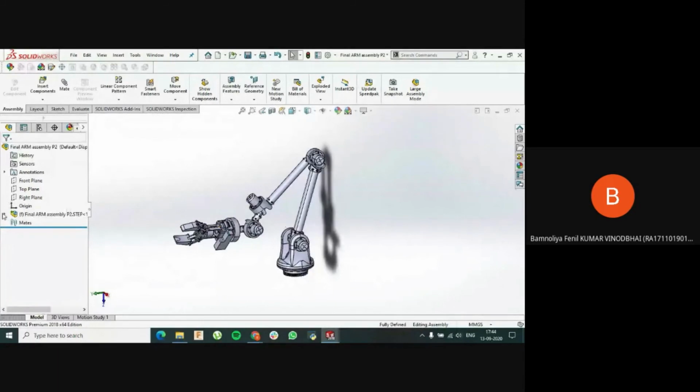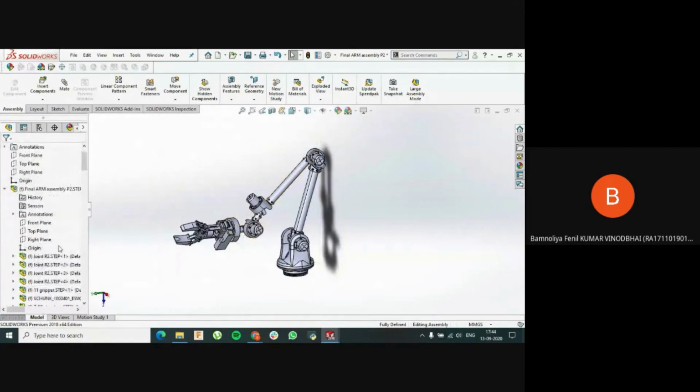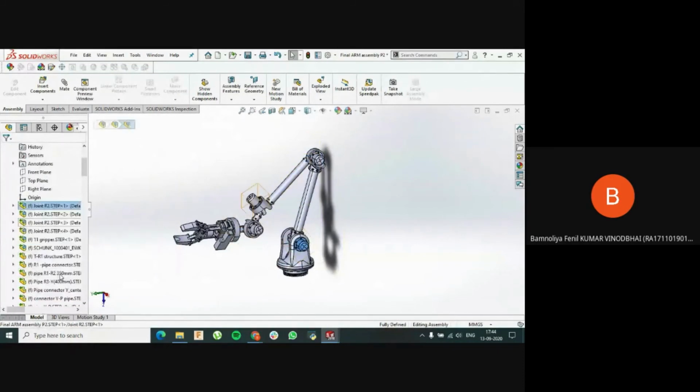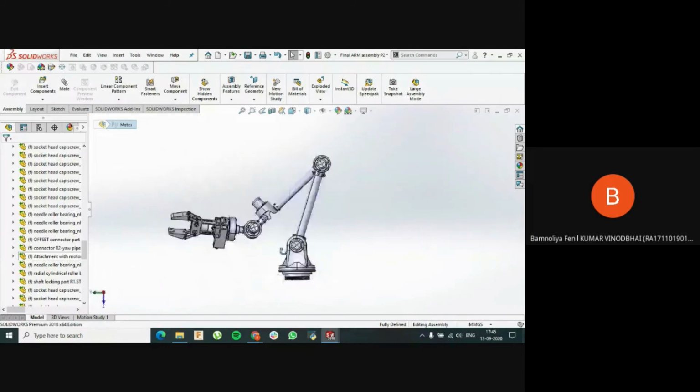And also you can see here on the left side, you will get this drop down menu, where there are different parts available. Okay, see, I'm selecting this part, which is highlighted over there. So you can keep track of those parts, like how many parts you have imported. And here is the mate list, from where you can see how many relations you have provided between the bodies and all those things.